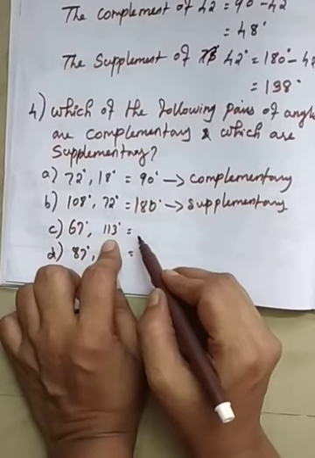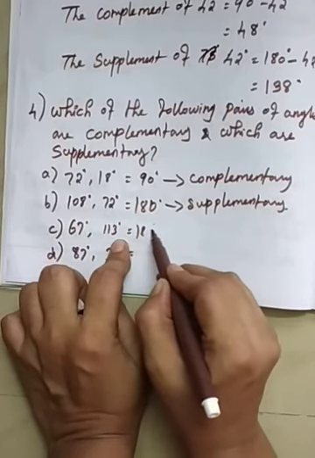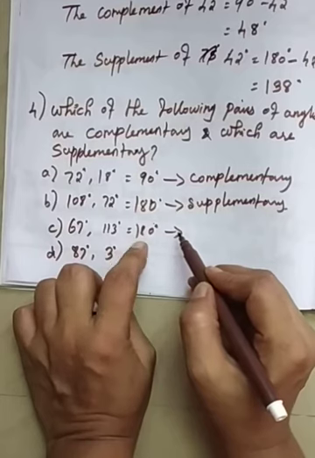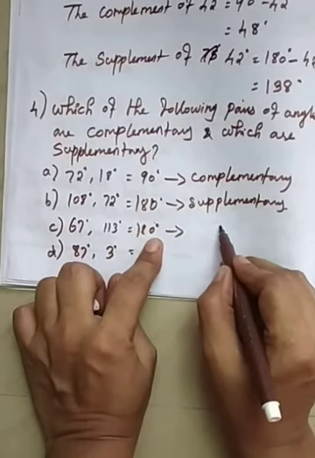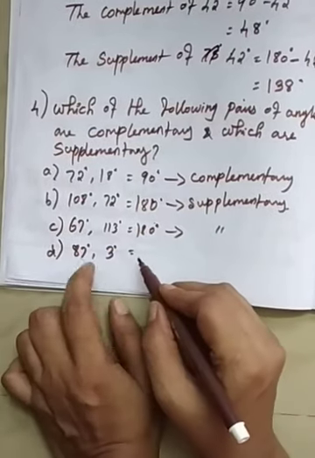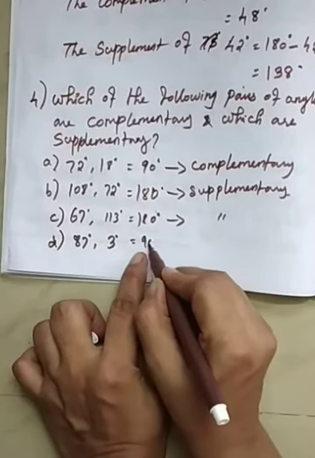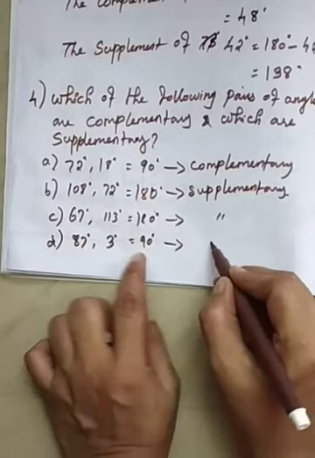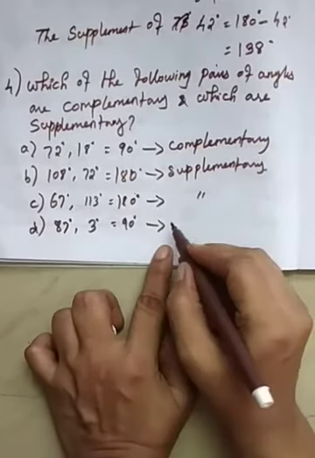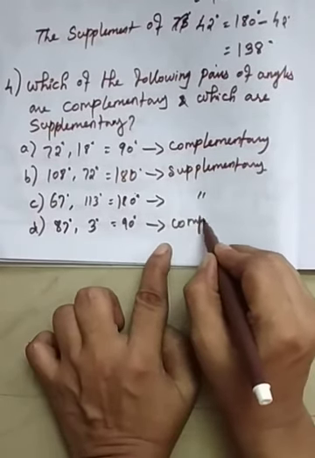What did you get? You got 180 degree. So 180 degree means supplementary. The next one, 87 degree plus 3 degree. You will get 90 degree. So 90 degree means we can say the given problem is complementary